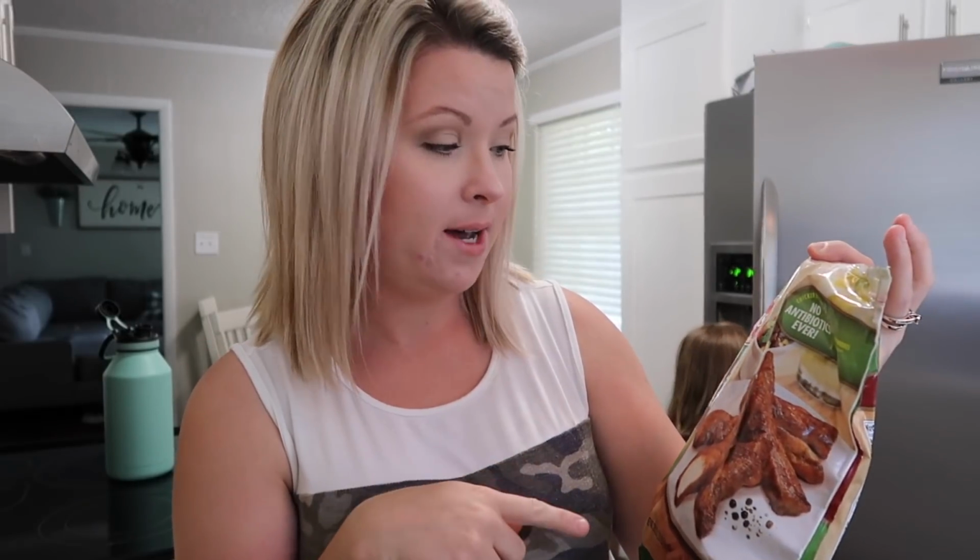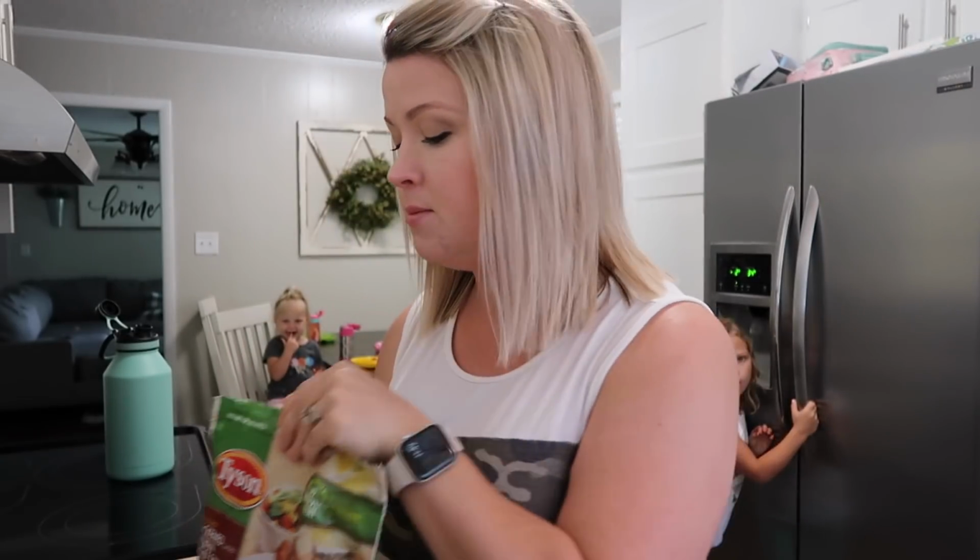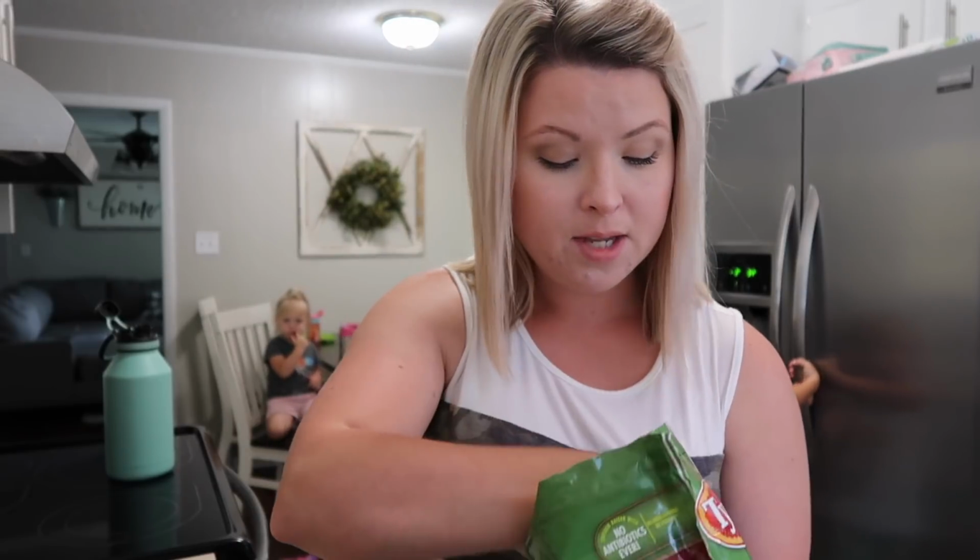I am ready for lunch. The girls are eating theirs, so I thought I'd start mine. This is such an easy lunch. Found these finally at Target, finally found them and they are so good. I actually got 4 bags of them, and when I find them again, I'm gonna stock up again because they're that good. The blackened chicken tenders, Tyson blackened chicken tenders, they're 0 points on the Weight Watcher Blue plan, and